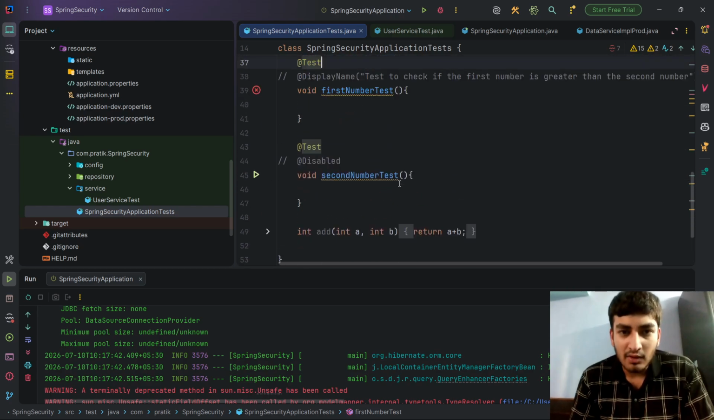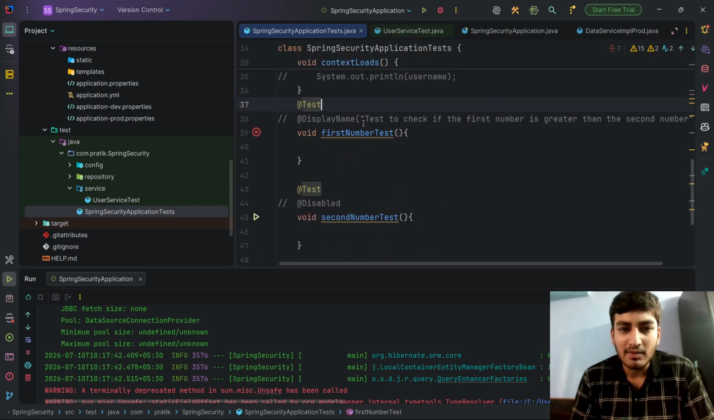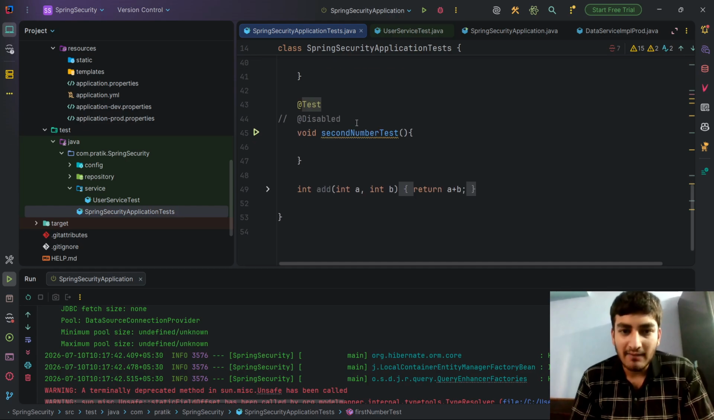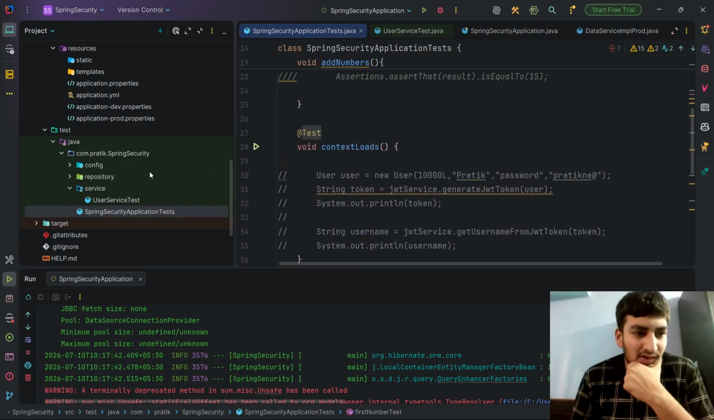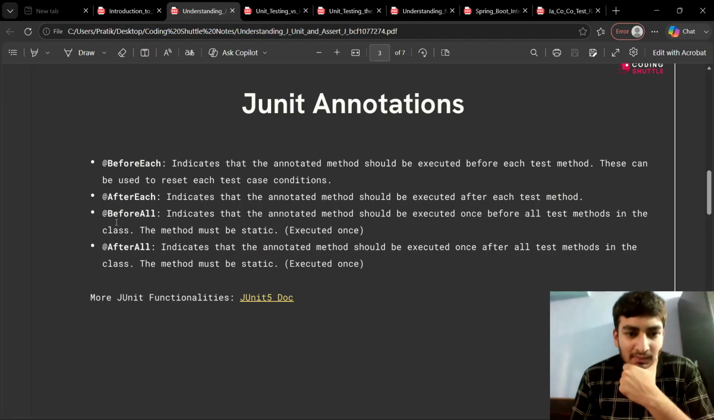Okay, over here I have used the display name. The string which I have added over here is what it will display as its name. Okay, then I have used disabled over here. Then if we move forward,